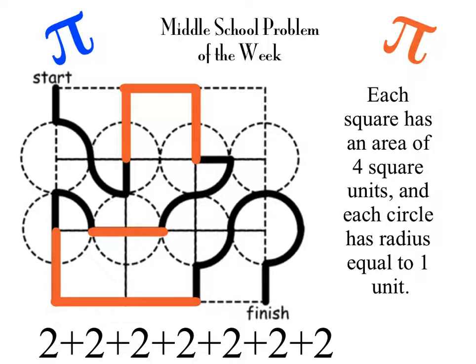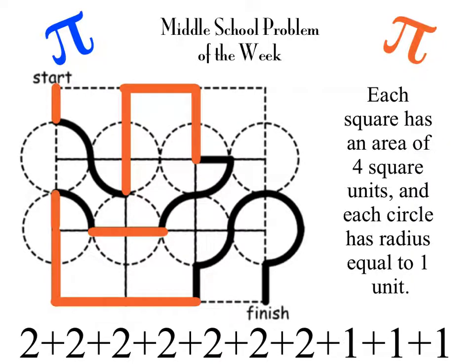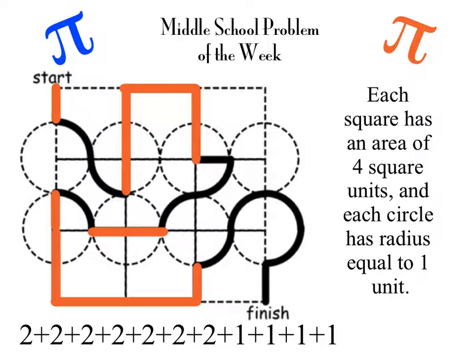And we can see, since the radius of each circle is 1, we can see several other segments that are also 1 unit long. There's 1, 2, 3, 4, 5, 6. And when we add all of this up, we get that the distance of all of the segments is 20